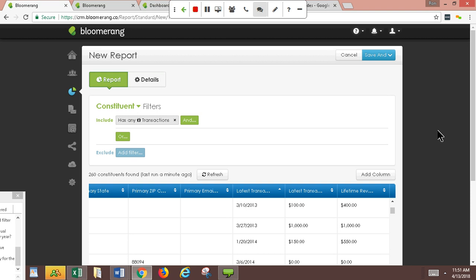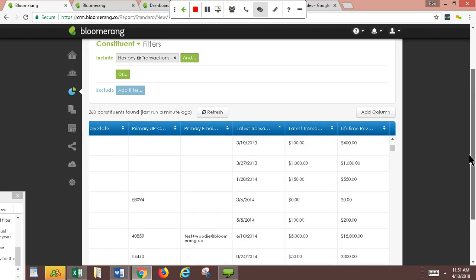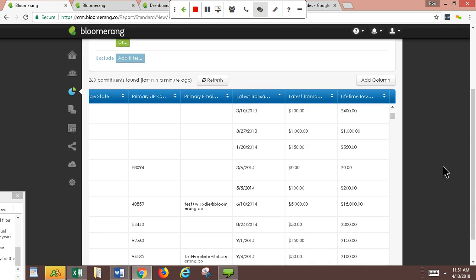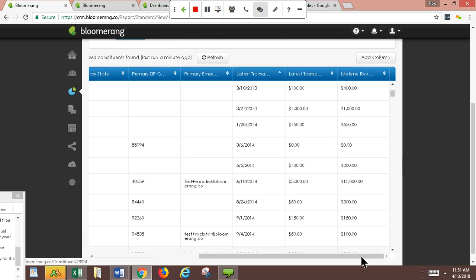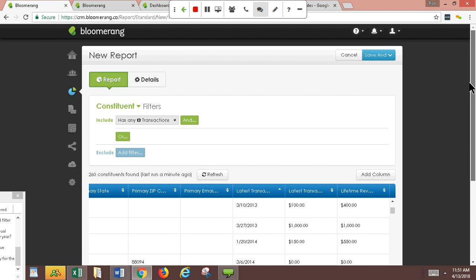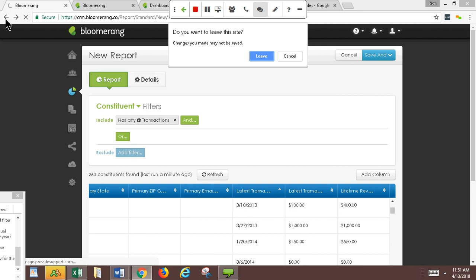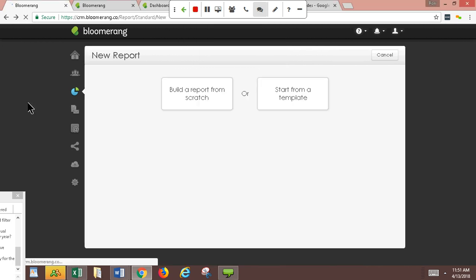It just means they're not going to be costing you postage and printing every time you send out a newsletter. And frankly, you're not giving them a bad message that says we're not good enough stewards of donors' money to take the time to look and see whether you've ever given again or not. So those are the things I wanted to show about inactive donors, and some advice on active and